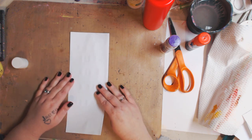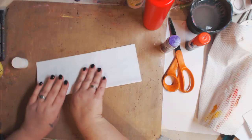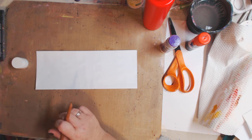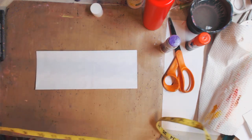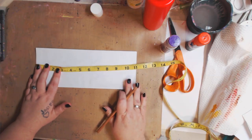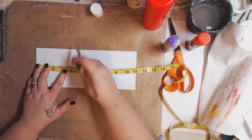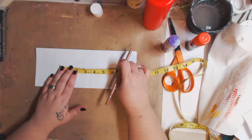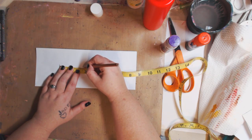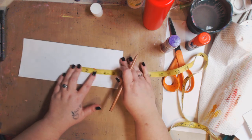Okay. So now what I like to do is, you see this, I like to fold it in half again. Now you don't have to. What you can do at this point is measure out 2.5 by 3.5. So what I like to do is take my ruler or whatever I have, and I will lay it on here, and I will go, okay, here's 2.5, and I will move it. And you can add if you're able to do that. I can't. Let's just face it. So I just keep moving it to the edge of where my last mark is, and then I just keep